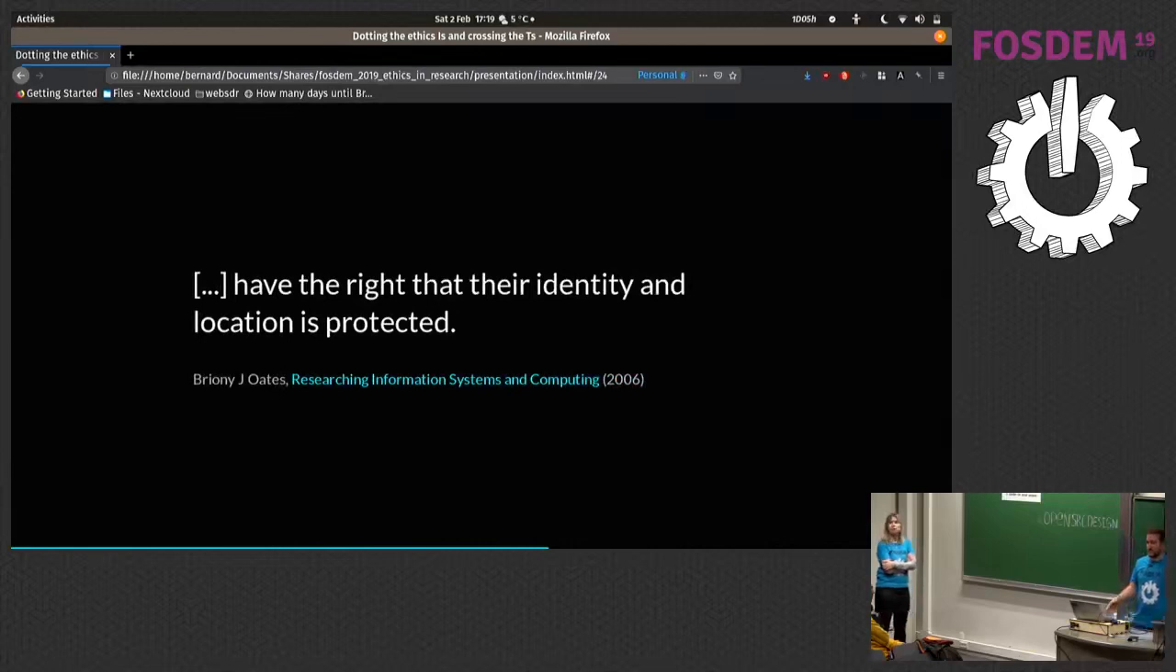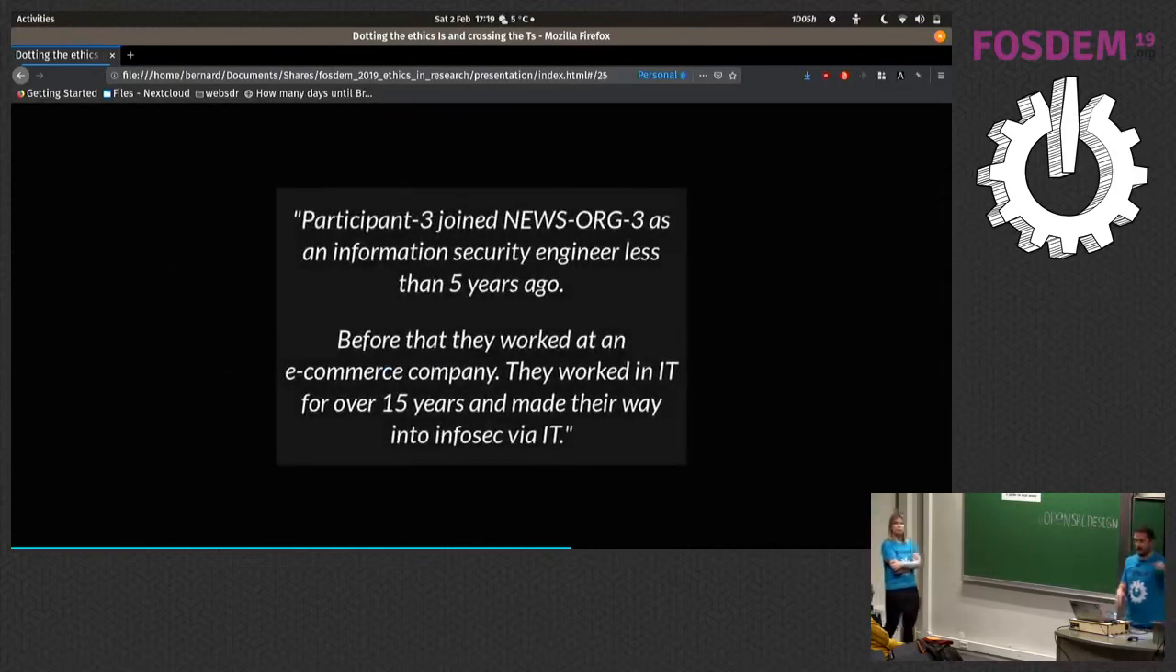So the person has the right to their identity and their location to be protected. So here's an example of some information from an interview that I did with a particular person working in a particular news organization who was working with SecureDrop. So participant 3 joined news organization 3 as an information security engineer less than 5 years ago. I know exactly the time that they joined, but nobody needs to know that it was 25 months ago. Before that, they worked in an e-commerce company. They worked for over 15